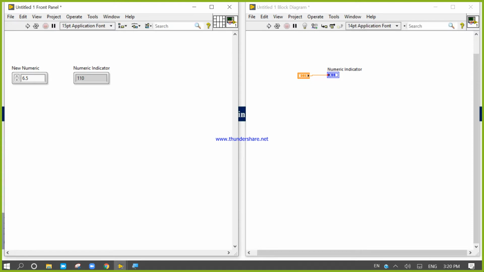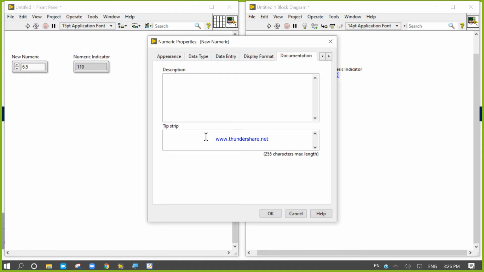So there is a description and tip strip. In the description I want to write: number between -10 to 10 with 0.5 step increment.